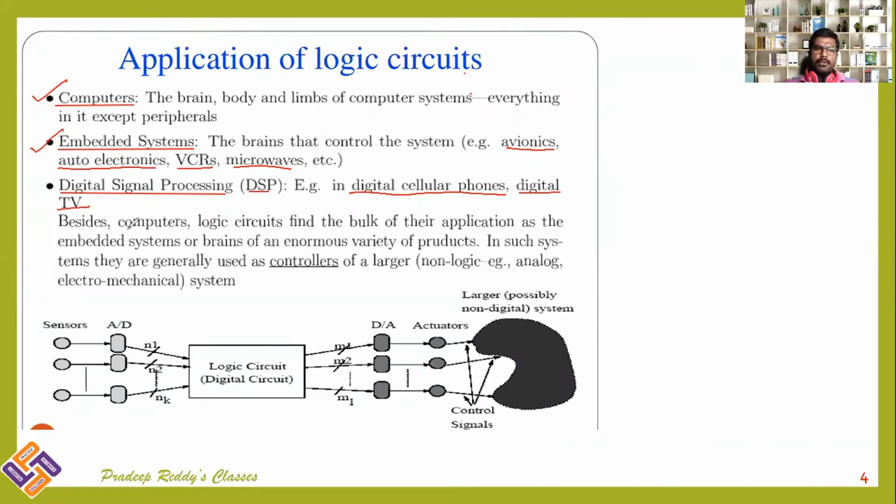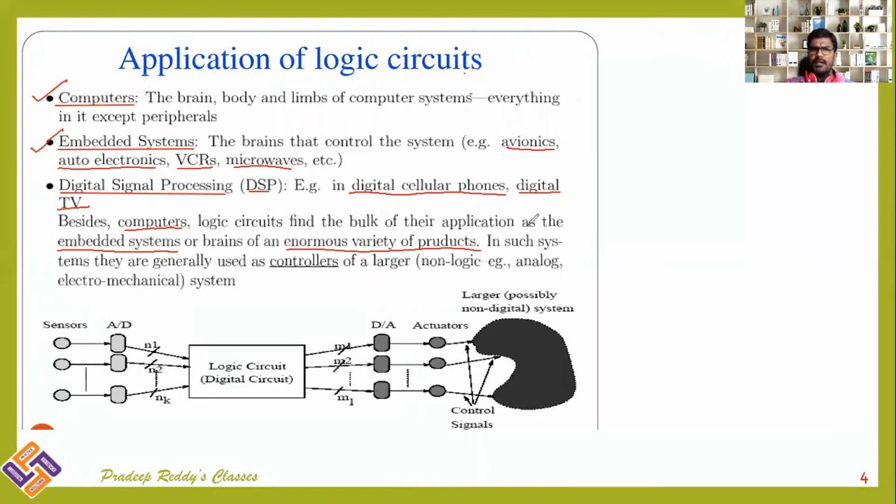Besides computers, other than computers, logic circuits find the bulk of their application in embedded systems. Embedded systems are the brains of an enormous variety of products. Just like I gave you the example where an embedded system is used in a lift, an embedded system is used in a refrigerator, an embedded system is used in a microwave, and an embedded system is now being used to provide digital